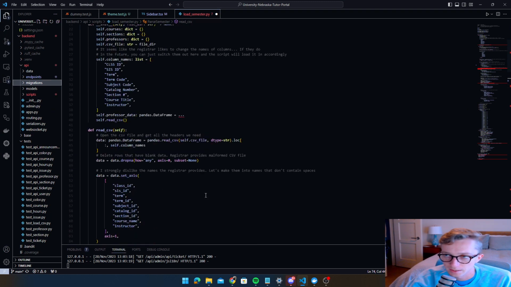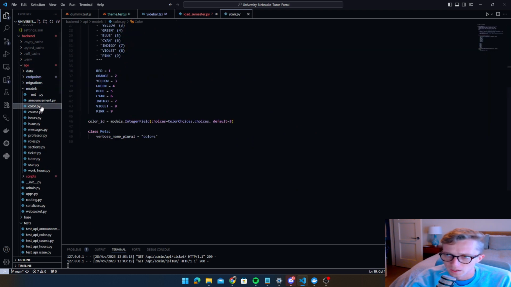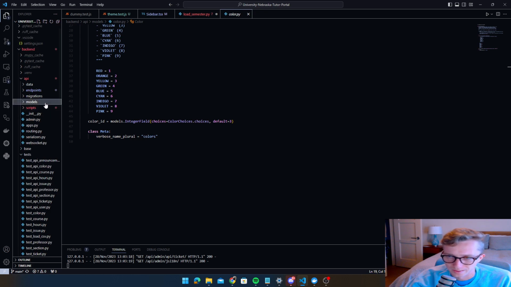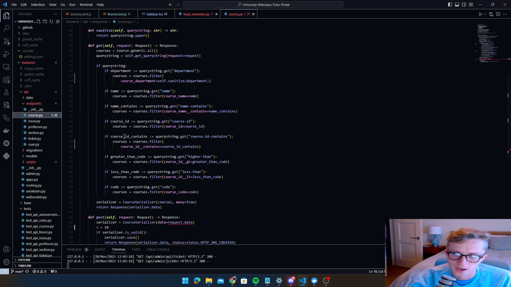This is a script that I wrote to load data from the database. I think we've already seen this before, so I'm not going to spend too much time on it. These are our models. We don't even need to spend much time on that either. It's not super useful. We'll take a look at the endpoints. So our endpoints are the actual API endpoints. If I wanted to get all the professors, I would say,